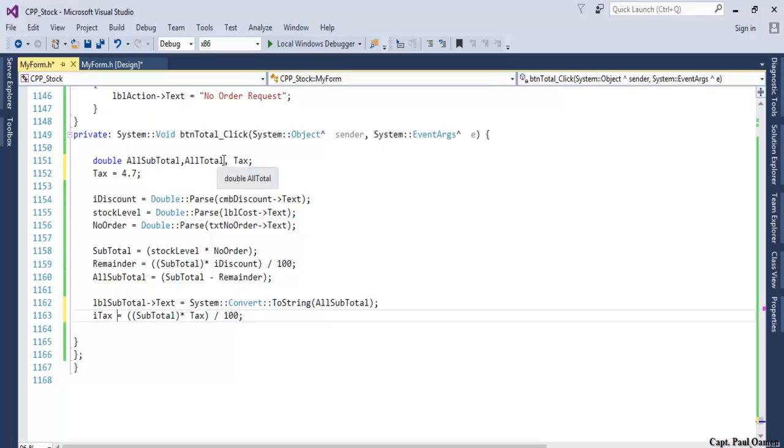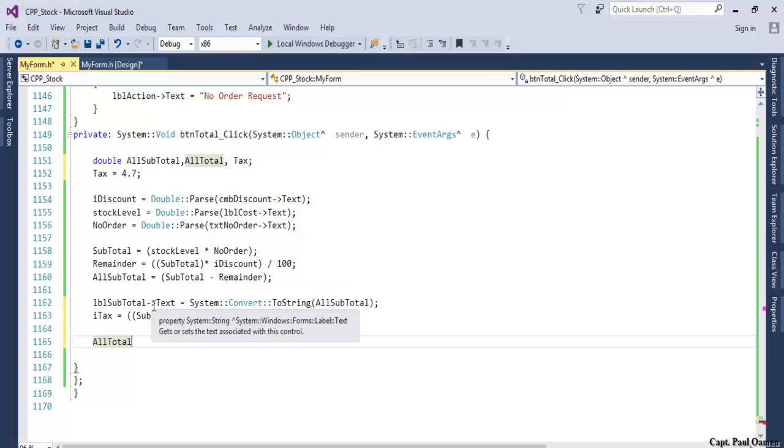Now to get the total, all total, that should become, we need to actually add in all subtotal, this very one, paste, plus tax. There, plus I-tax. Now we need to assign all of this value into